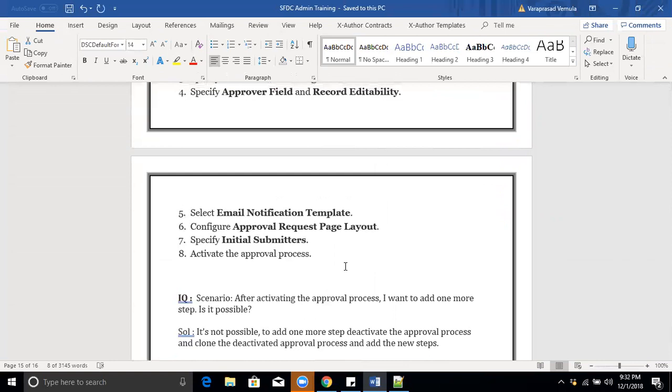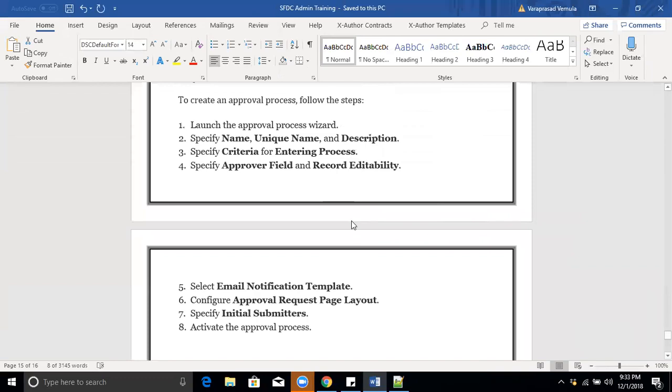Suppose we need to make some changes on the student record. Who can make those changes? Either the approver, submitter, or administrator. These persons will have complete access. The record owner can do anything on that record, and the system admin is the super user, so he can do anything. And the manager approver, who we submitted the approval to, can also make changes if you enable that checkbox. Otherwise, only the record owner and administrator can make the changes. Okay.